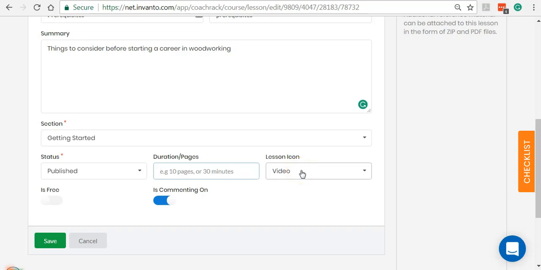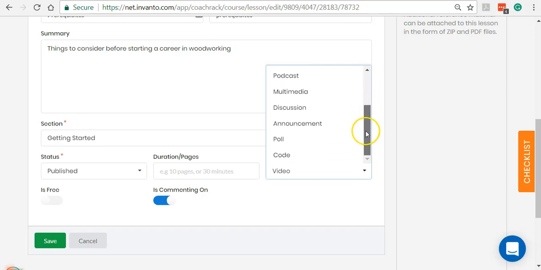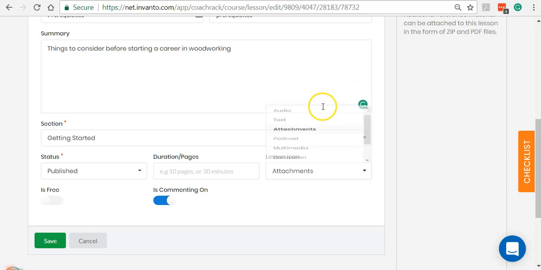And then the lesson icon is the icon that you want to display against the content. So since this is an attachment, I'm going to select attachment here. And if you want to offer this particular course as a bonus or a freebie, you can always enable this